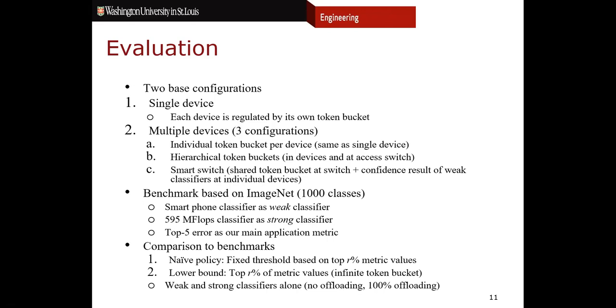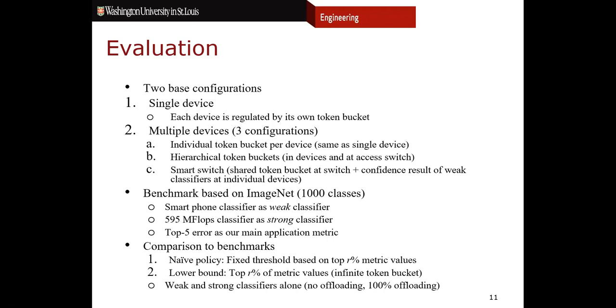And so one alternative is what I call a naive policy, which basically says that if your token rate is such that you can offload 10% of your images, I'm going to look, based on my training set, at the top 10% of the offloading metrics. Any image that's above that threshold, I'll offload. Any image that's not, I will not offload, and that's independent of the token bucket constraints. The other one, the lower bound, is essentially